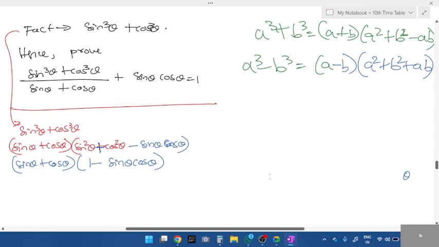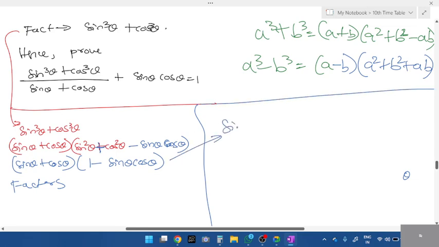This is the factor, right? These are the factors, students. So factors. We got the factors. Now start solving the question. In place of sin cube theta and cos cube theta, what should I write? Respond. Just copy this: sin theta cos theta